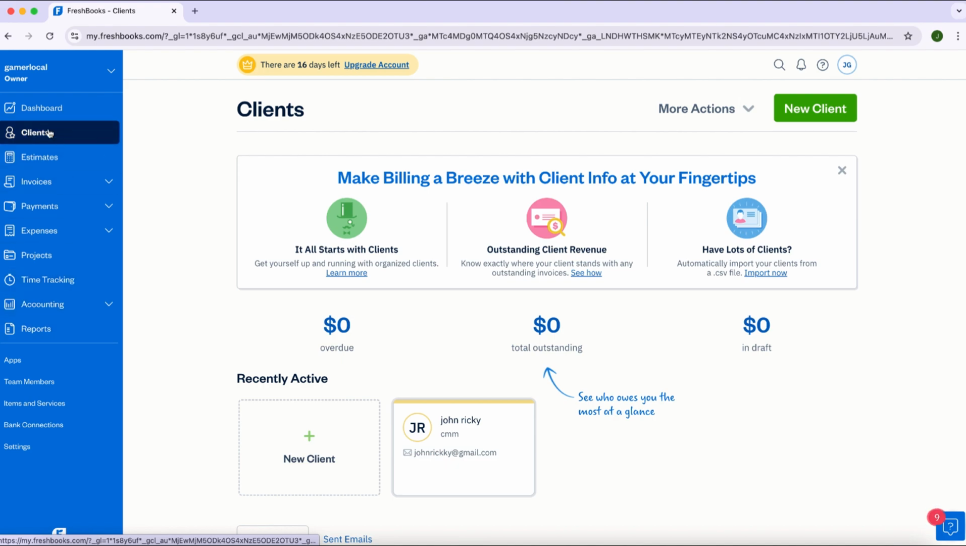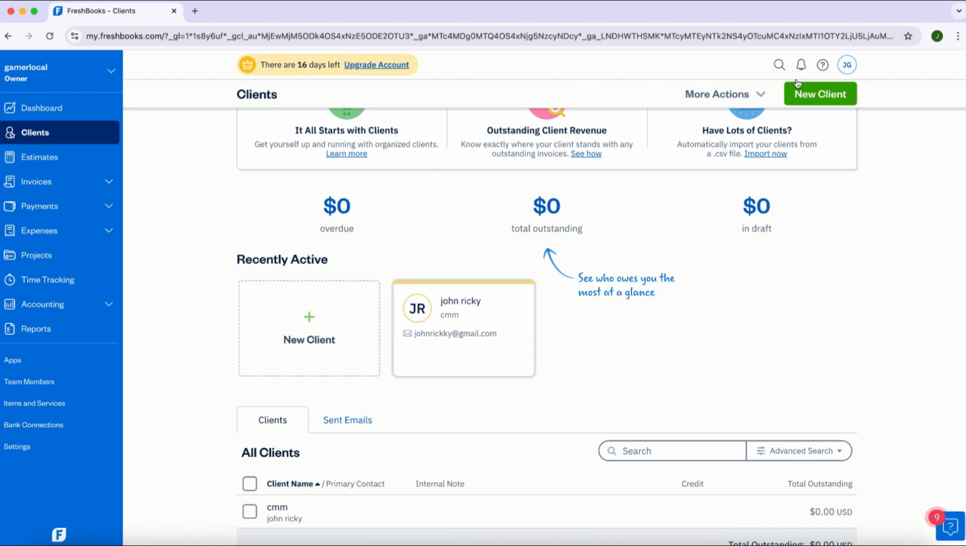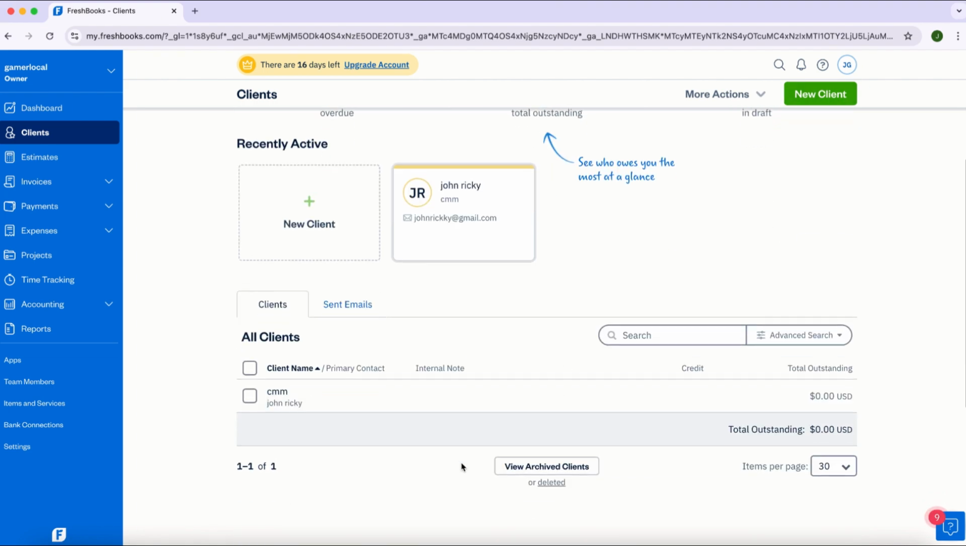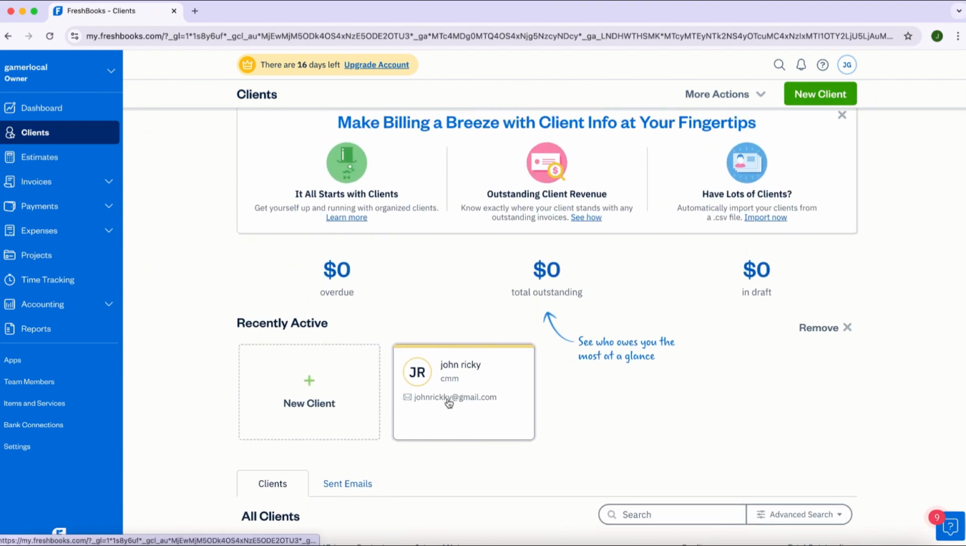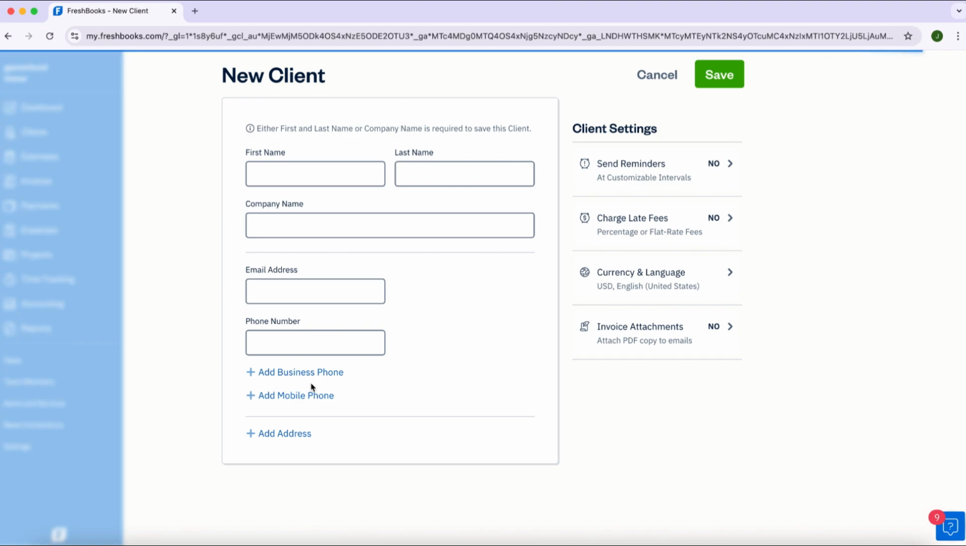The first thing I'm going to do is go to the clients section and add a client. We can add a new client using a list, or manually enter the details. I already have a client saved in my account, as you can see. However, creating a new client is quite simple. Just click on the New Client button, and you'll be taken to a form where you can enter all the